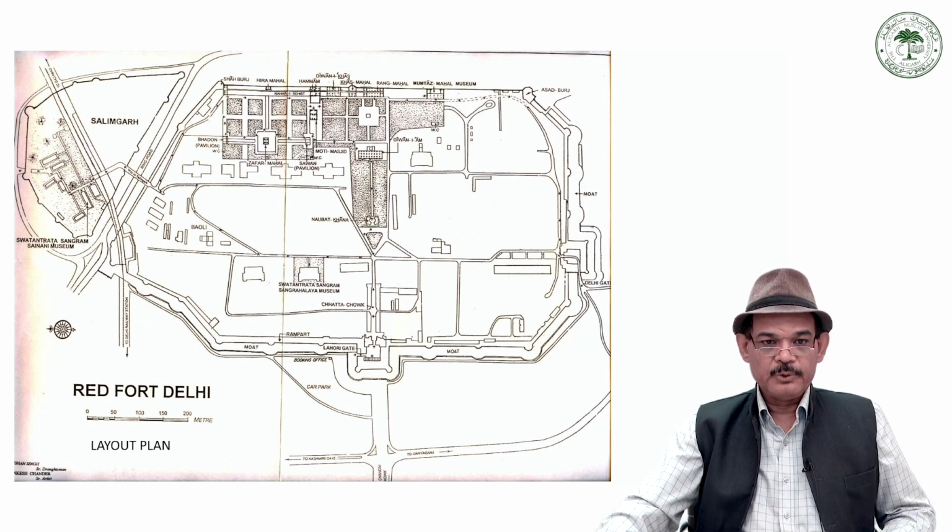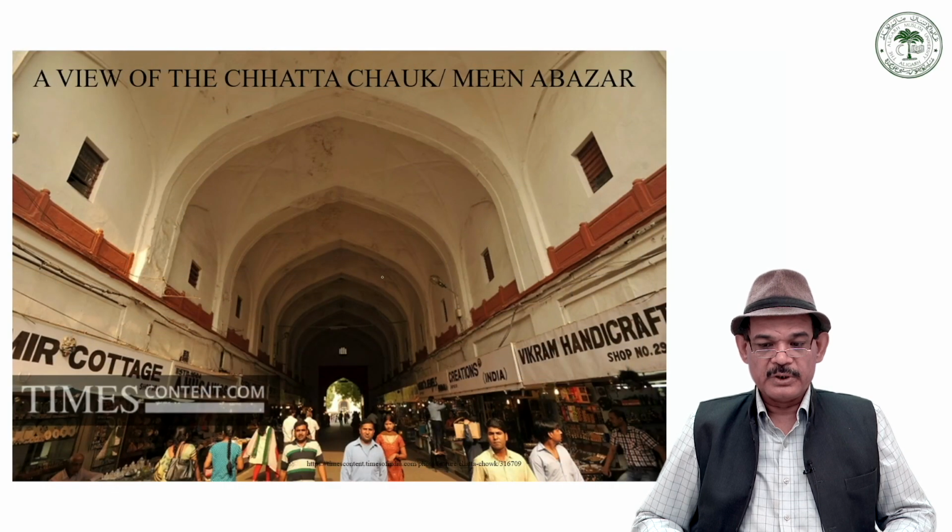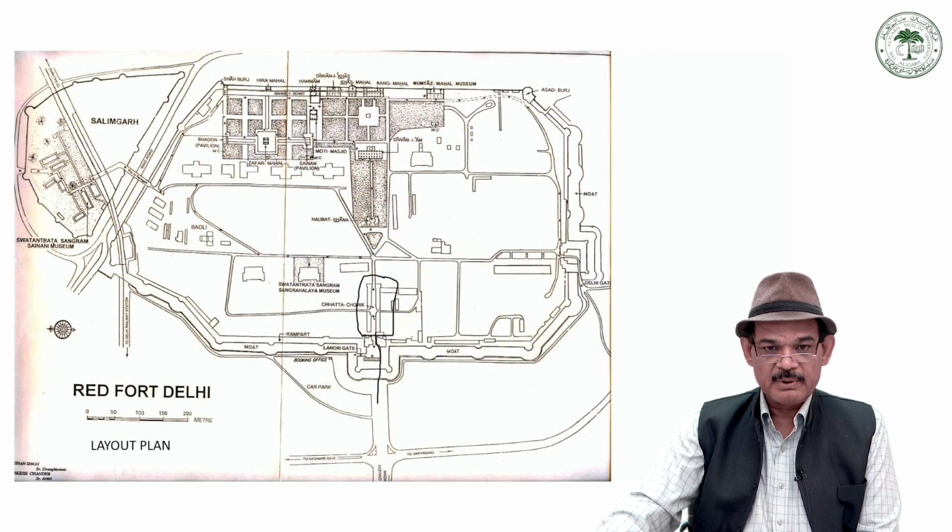Now we have to enter into this Red Fort, and through this Lahori Gate, we enter into an area. This area or this building is known as Chhatta Bazaar. It's a covered passage. Now you see, it's a covered passage of a good length, and the length of this covered passage is 70